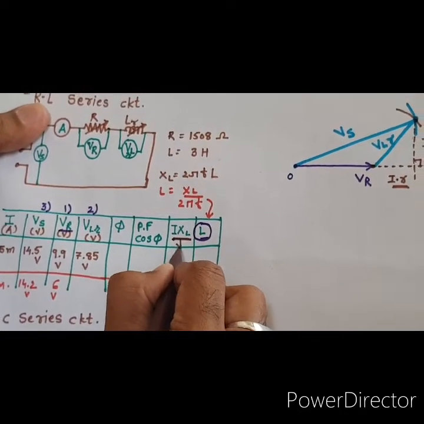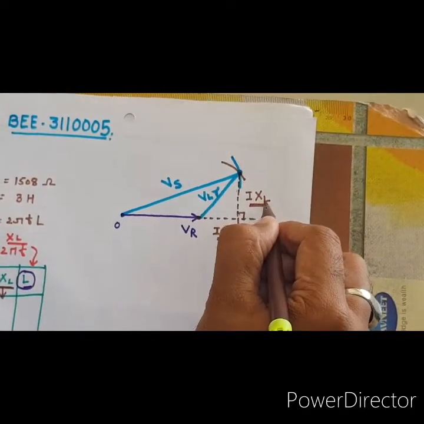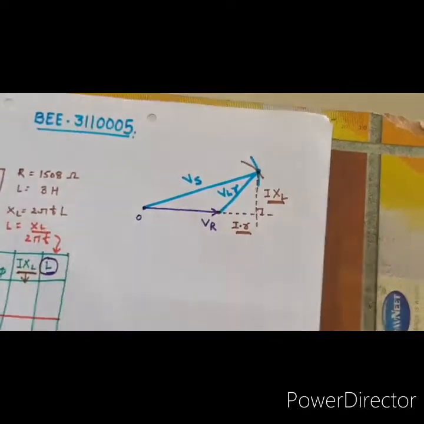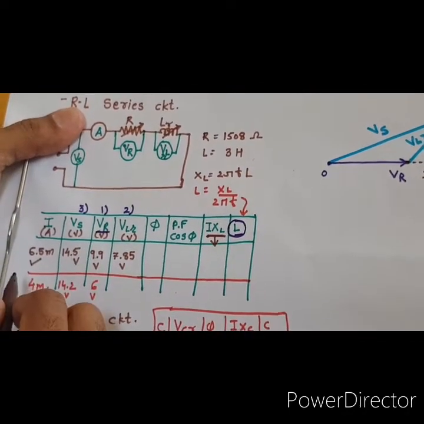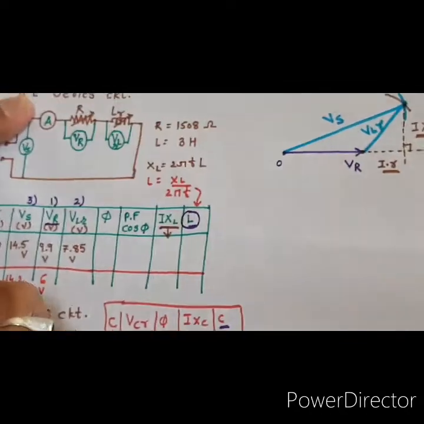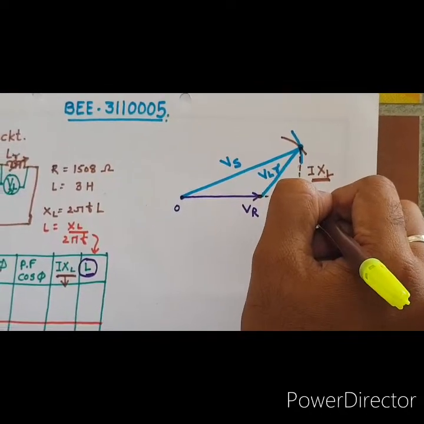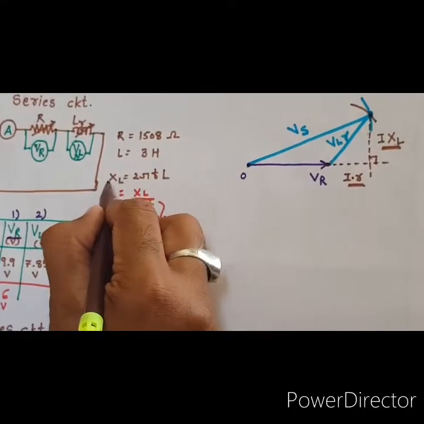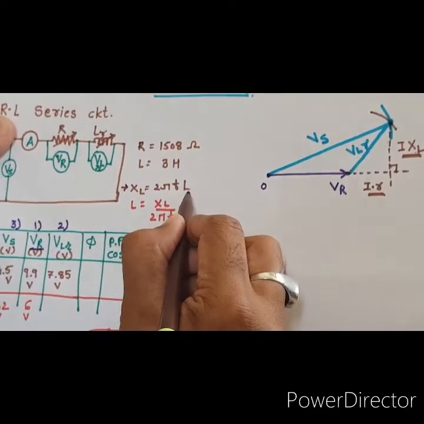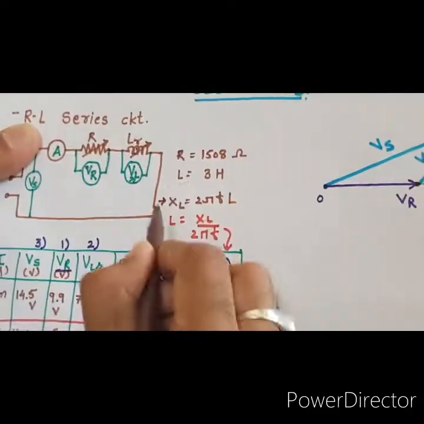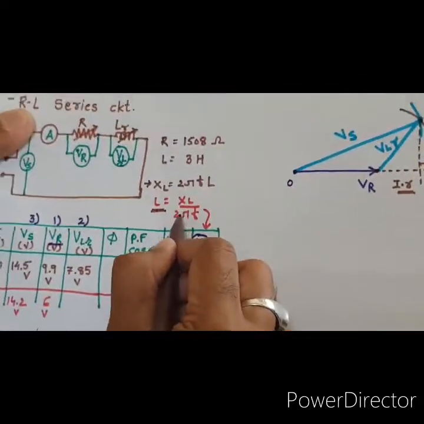So this I XL is one of the table columns, meaning the voltage drop across the pure inductor. Current is available, so we can find the value of XL from this particular graph. This XL is related to our inductor by XL equals 2 pi F L, so we can find the pure inductive value from XL divided by 2 pi F.